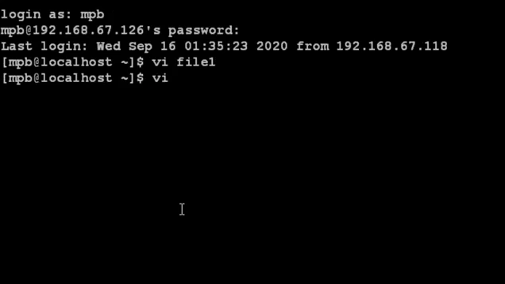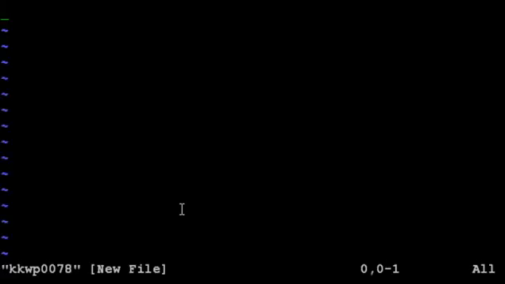Now the second case I am using here, that is vi and a new file name. So suppose my new file name is kkwp0078, press enter, and I got a new file with all empty lines. At the bottom you can see in square brackets new file is specified. Now if I try to enter something into the file, for example kk etc., it is not happening here because still we are not in insert mode,